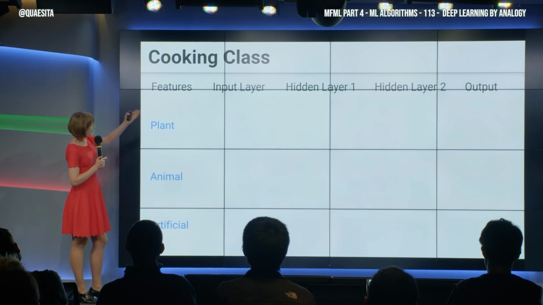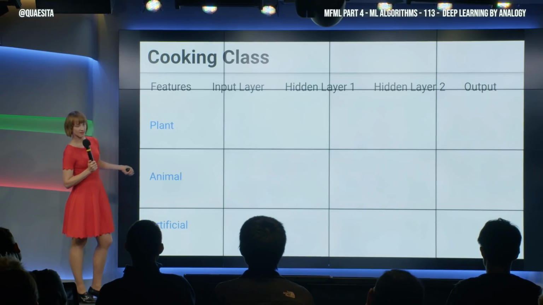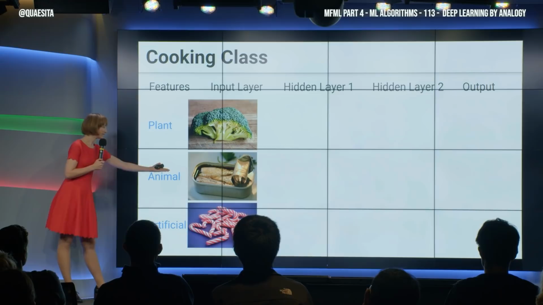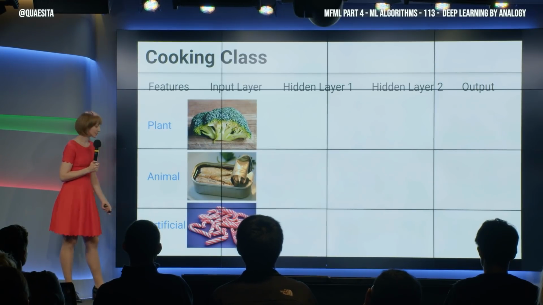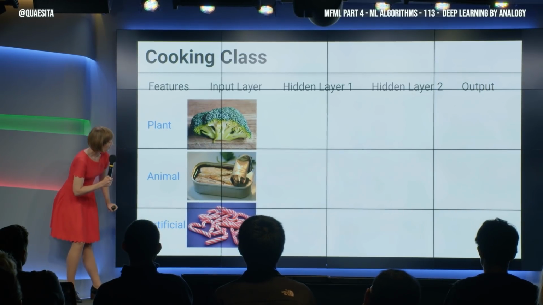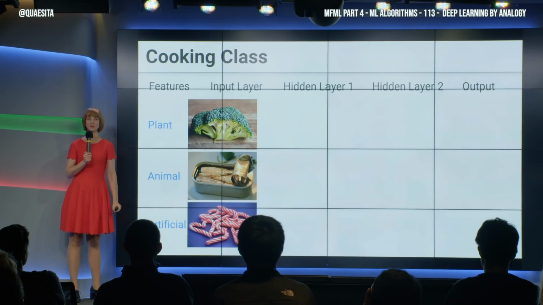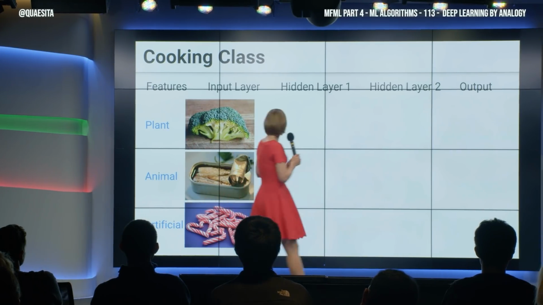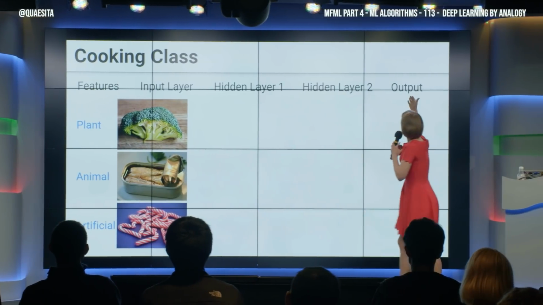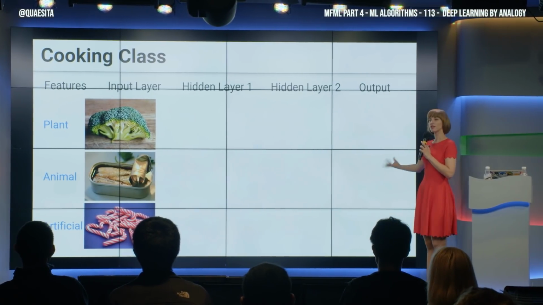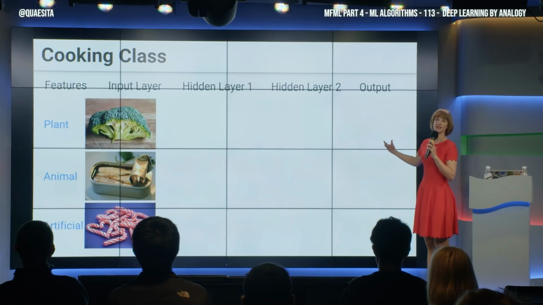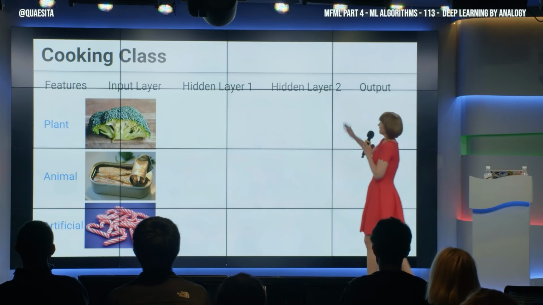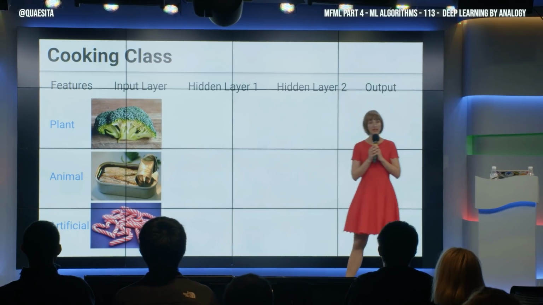And our first instance has, for its plant, some broccoli. You know how much I like those sardines, so that's our animal ingredient. And for artificial, we have mint-flavored candy canes, because I submit to you that there is nothing natural in these things. And then what do we have? We have an output layer that is going to output something like tasty or not tasty as our label coming out. And inside we have some hidden layers